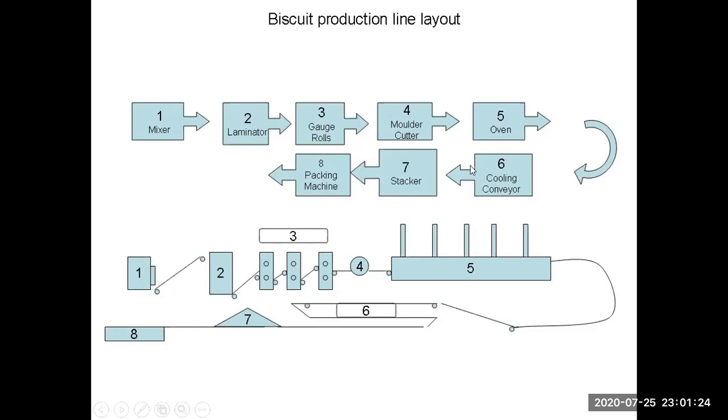And this is a biscuit production layout, showing how the industry is set up in any production area and which kinds of machines are used there. This is a flowchart. For example, first of all there will be a mixer, then there will be a laminator. In the mixer machine, the doughs are prepared, and in the laminator machine, the dough is flattened into a sheet. And there are some gauge rolls where the flattened sheet is made thinner. The thickness you want for your cookies or biscuits is given by that gauge roll, which is kind of like a rolling pin.